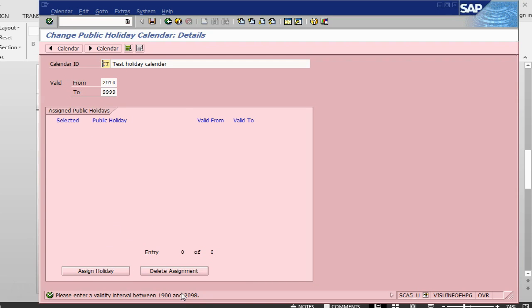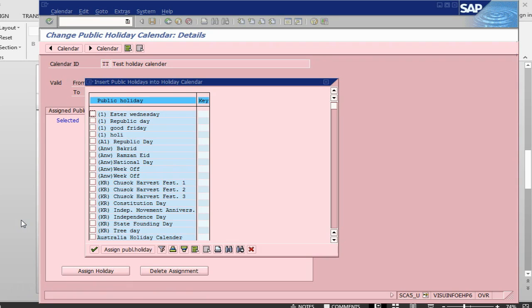Okay, so we cannot go beyond this one. Let's change this to 2050 and click on assign holidays. In the assign holidays screen, I need to select which holidays are relevant for us. So let's say Easter Wednesday, Republic Day, Good Friday,